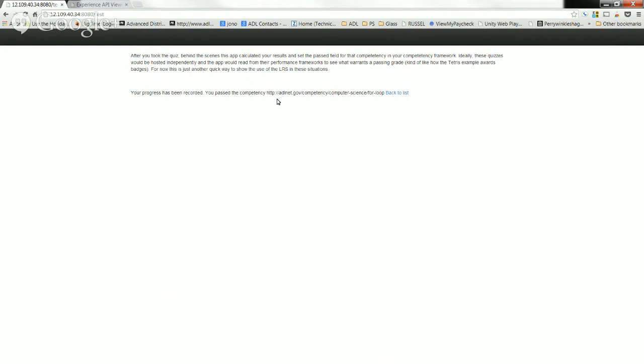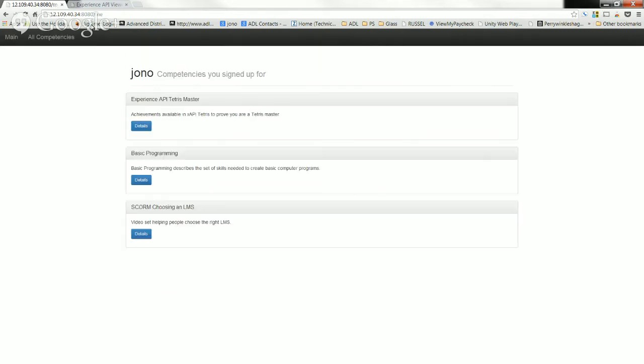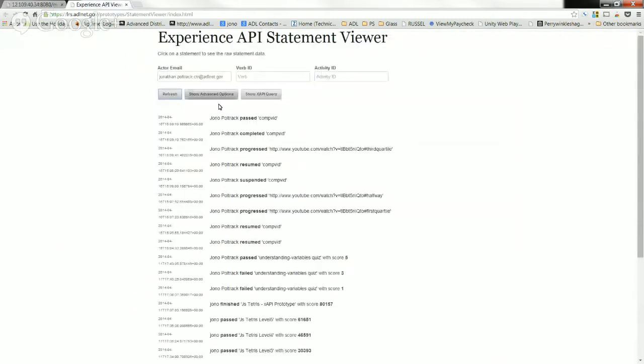That fits nicely with Experience API because we use URIs for our objects and the context activities and things like that. So we can now use the Experience API statements and their natural identifier to identify something also naturally, such as a Medbiquitous competency. So I can go back and I can look in here.